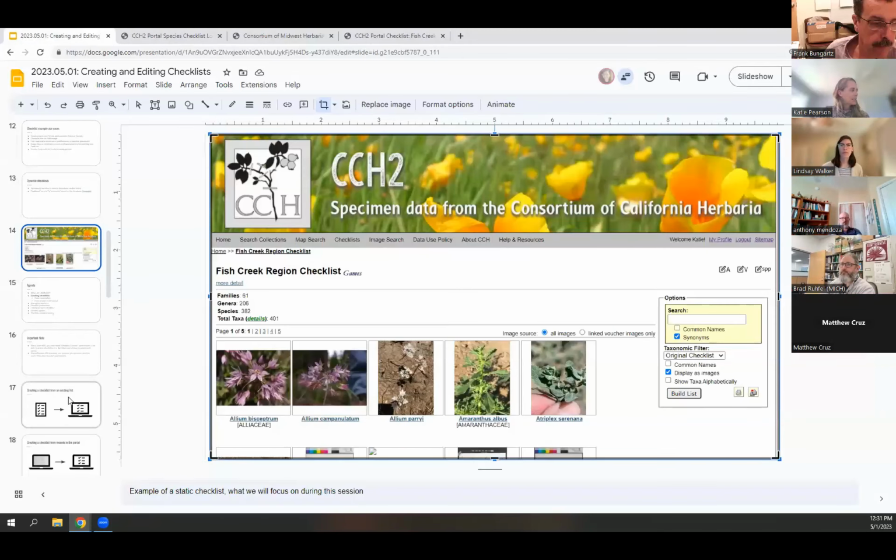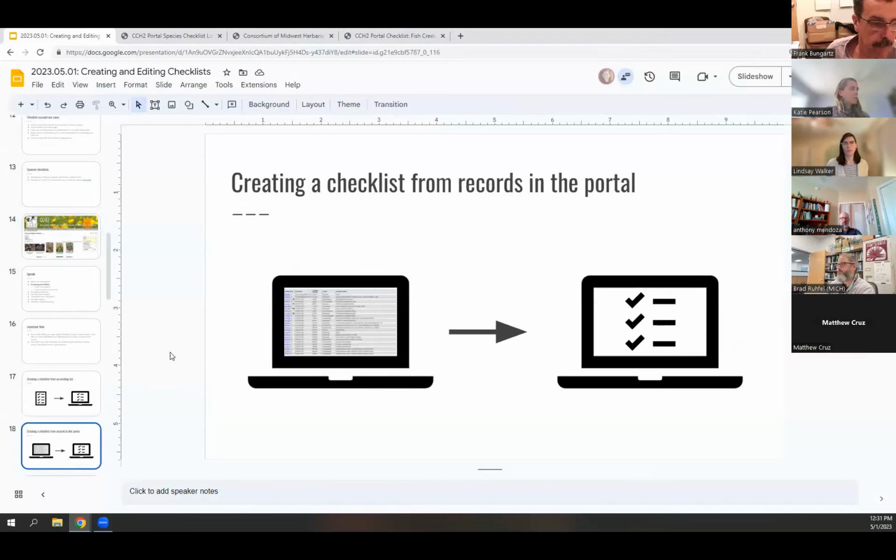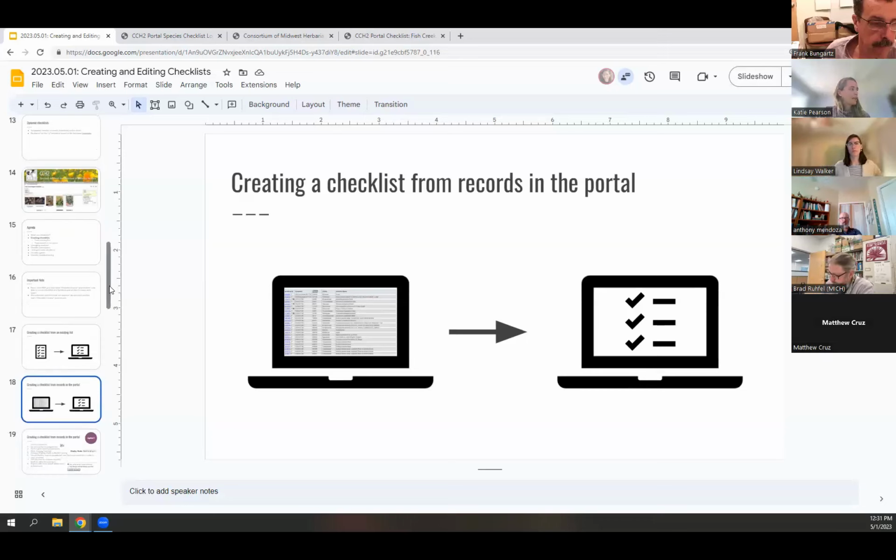Okay, so I just explained how you can create a checklist from an existing list. You can do it individually, or you can batch upload a spreadsheet. But perhaps more commonly, you want to create a checklist from records that are in the portal. And this can be a little bit more complicated because there are a number of ways you can do this. So I have put together 3 options, and there are probably more ways that you could do this than I'm